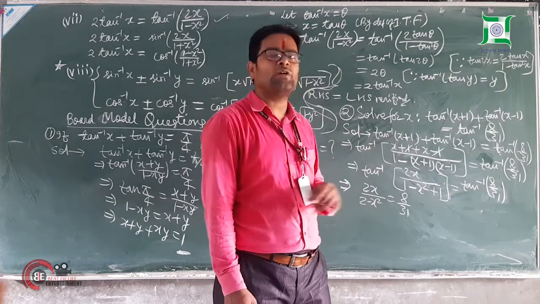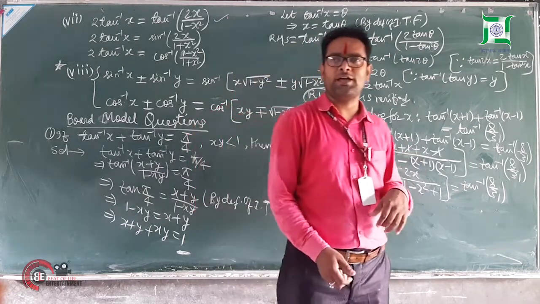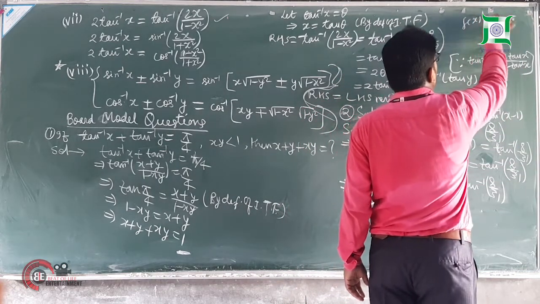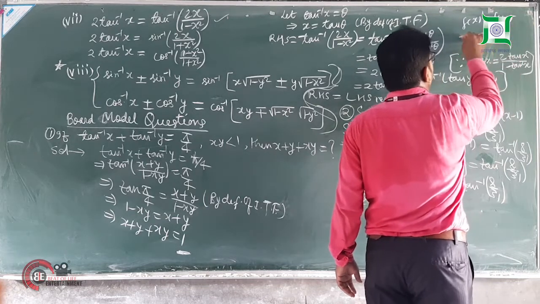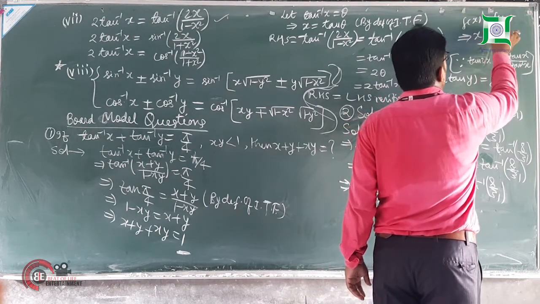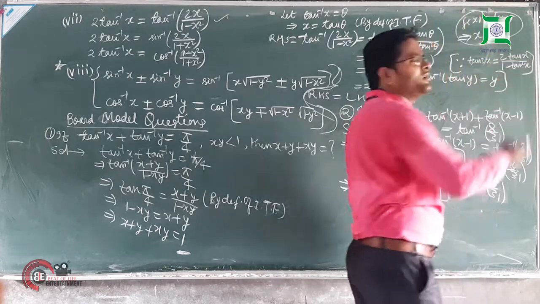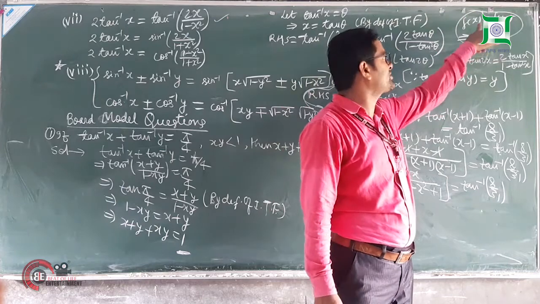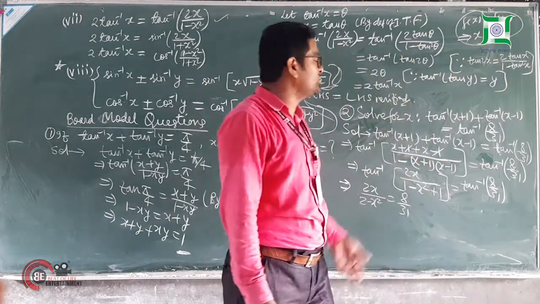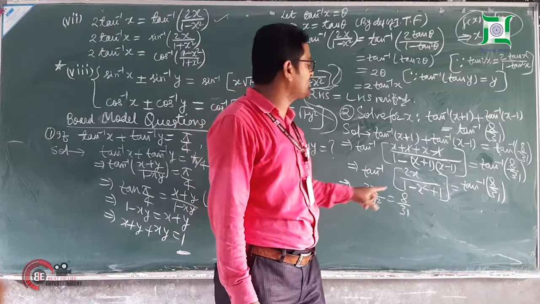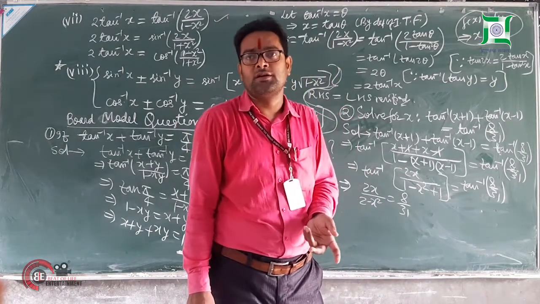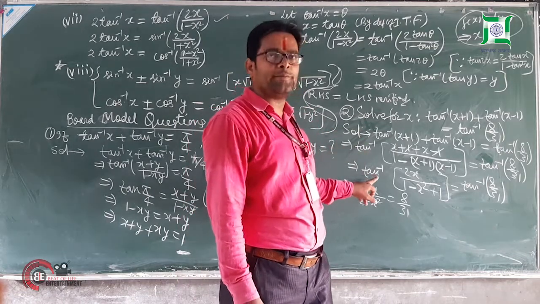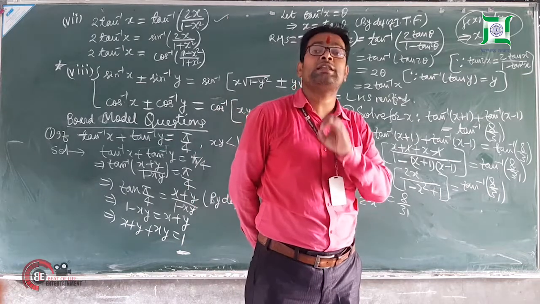If the functions are 1, 1, then f(x) equal to f(y) gives x is equal to y. I just want to remind you, if the function is 1, 1 and f(x) is equal to f(y), then we can easily write x is equal to y. You know, this is the definition of a 1, 1 function. Some of the students may be thinking that tan inverse and tan inverse both are cancelled from both sides. Remember students, we cannot explain that tan inverse and tan inverse get cancelled. They never get cancelled.